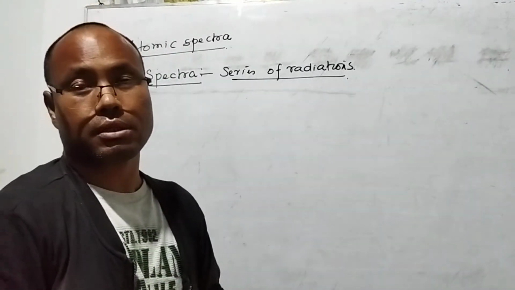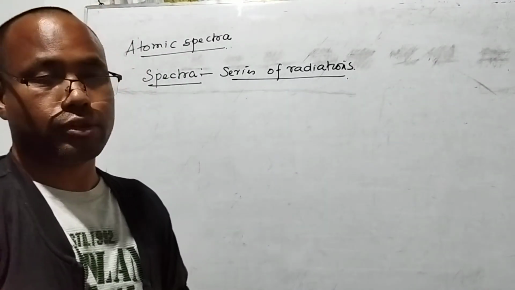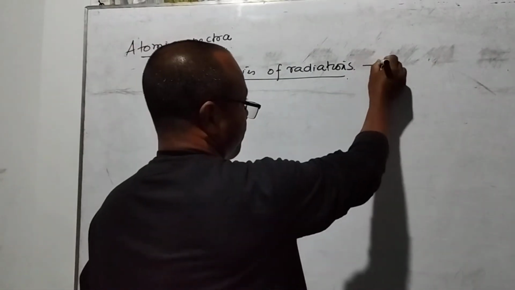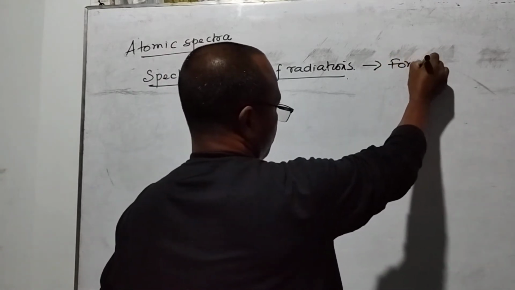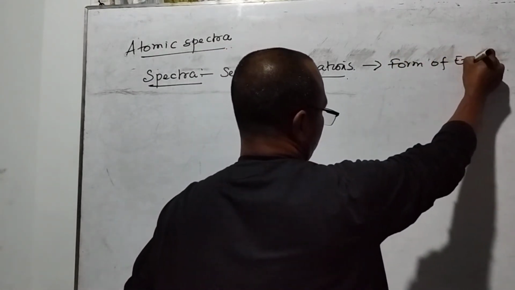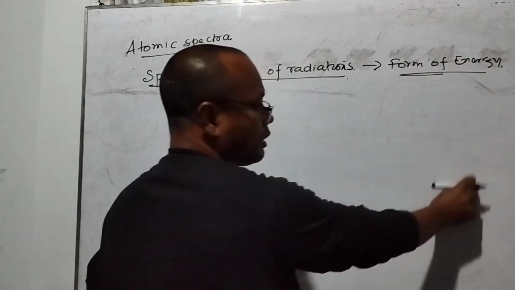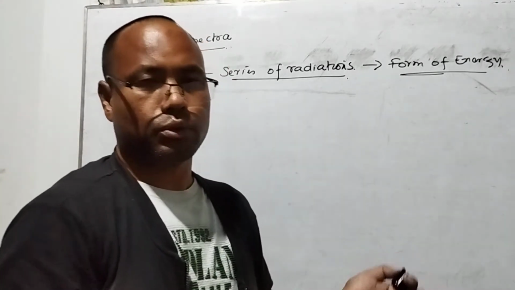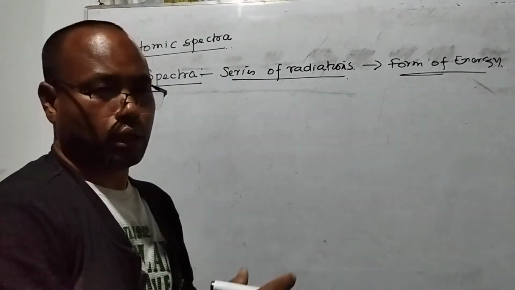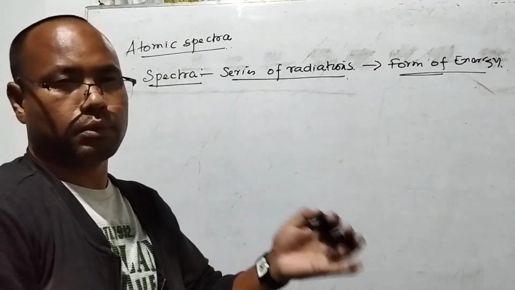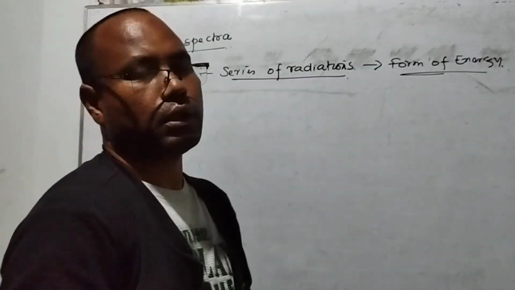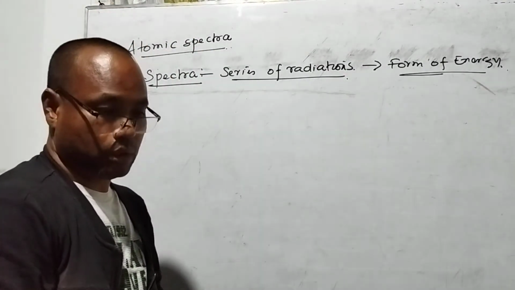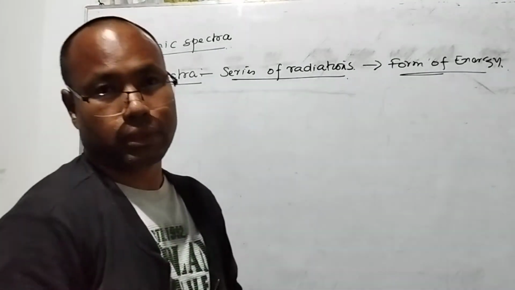In our previous classes we explained the radiation. Radiations are a form of energy. There are two different forms of energy. We learned that energy is associated with particles, either particles moving with velocity, or particles moving in the form of a wave, called mass particle and wave particle here.